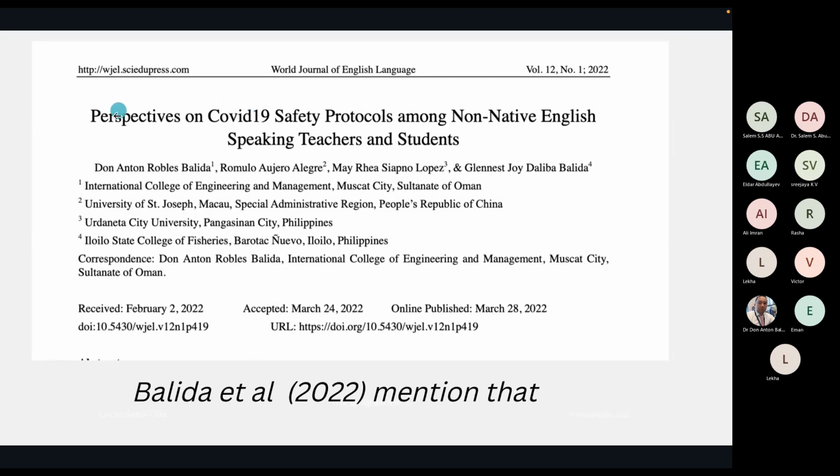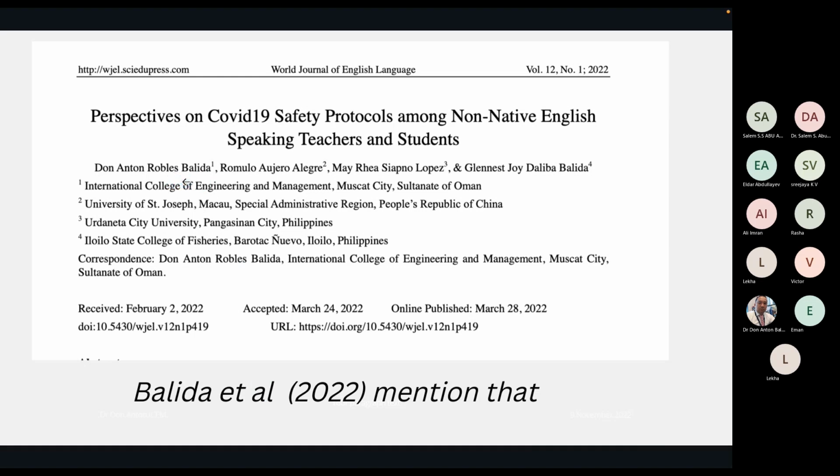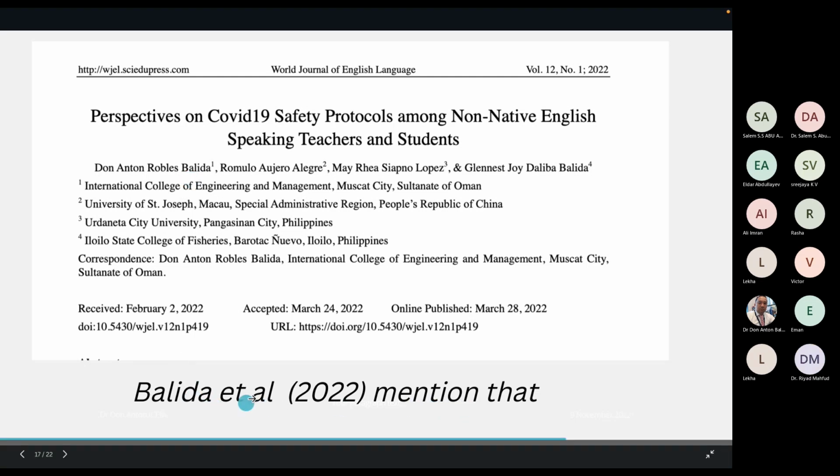This slide is showing you an example of a journal article where there's this primary source. Okay, you found this journal, for instance, from the internet, and then to cite this, you have to write Balida. There are four authors. So in this case, with more than three authors, we drop the second, the third, and the fourth author, and we substitute them with et al. We only keep the first author's last name, and the rest is et al. So Balida et al. 2022 mentioned that